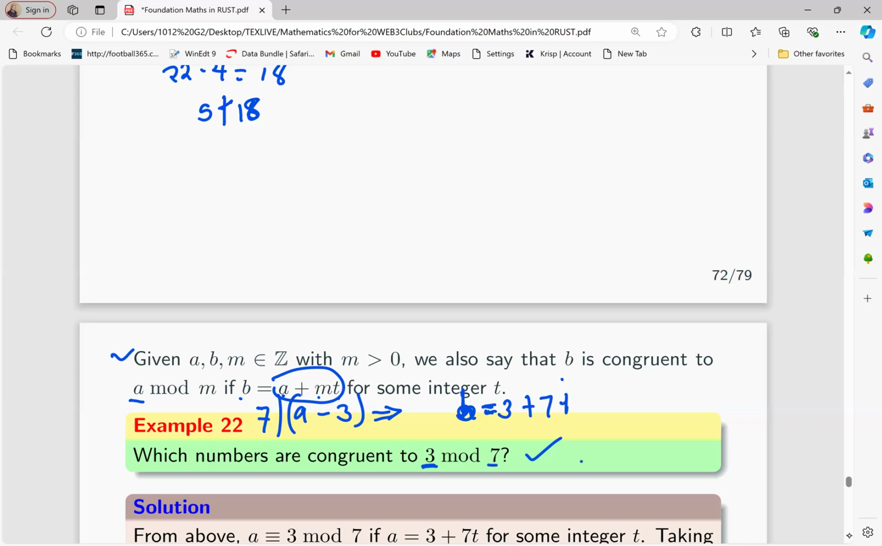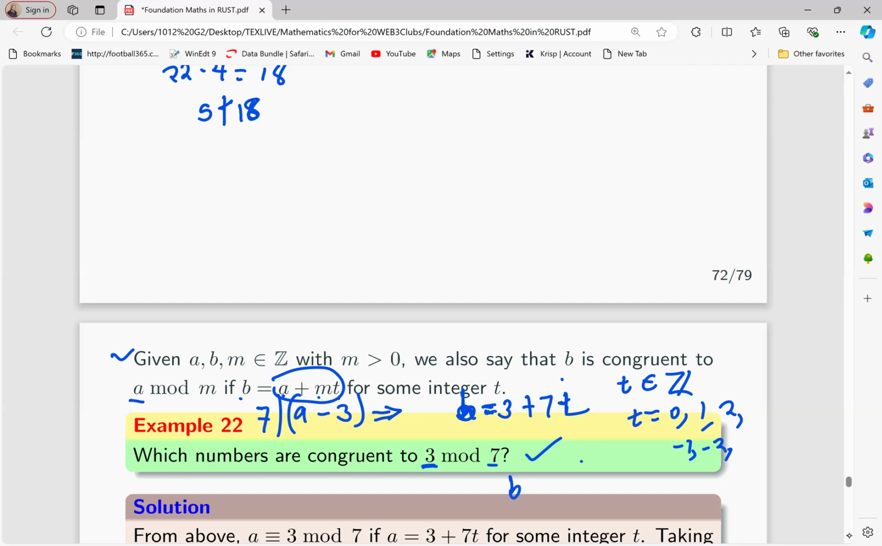And then t is any integer. This z means integer. That means t can be 0, t can be 1, t can be 2, t can be -1, t can be -2, and so on. So if you take t to be 0, for instance,